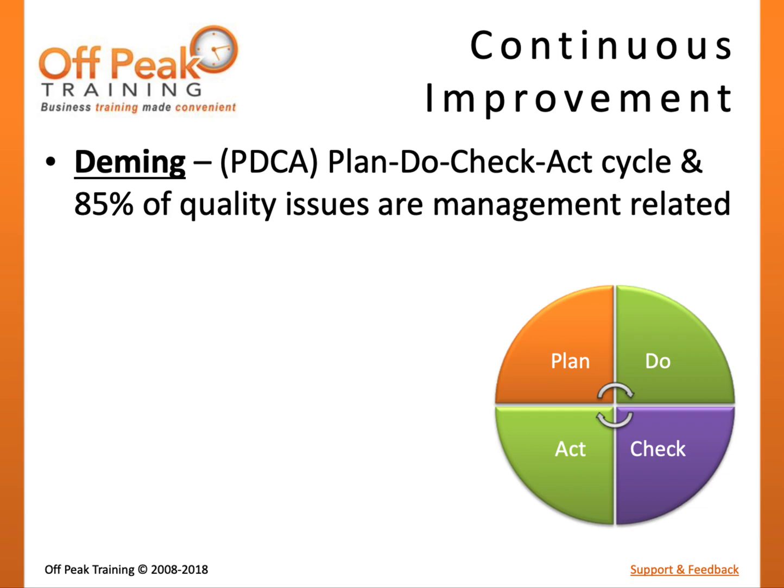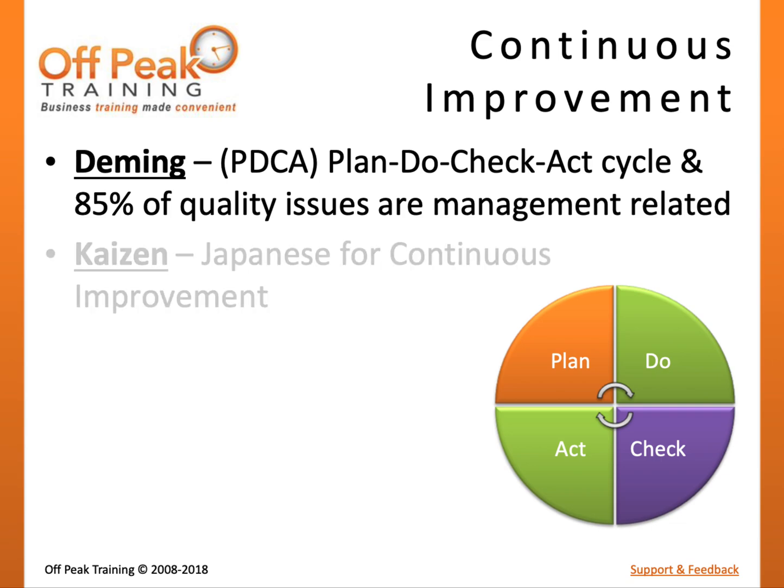Also, at a time when managers typically blamed workers for all quality-related problems, Deming controversially argued that most quality issues were management or process related. In the 1950s, Deming gave many lectures in Japan and strongly influenced the Japanese automotive industry, making the term Kaizen, the Japanese translation for improvement or continuous improvement,